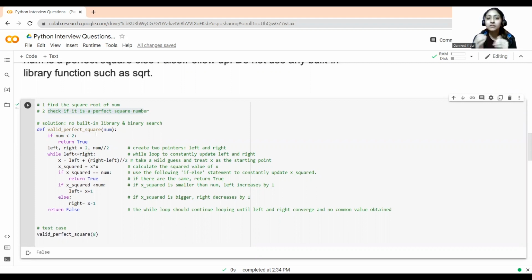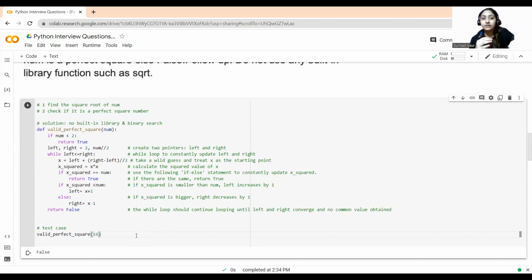If the number is less than 2, it will return true. But if it's greater than 2, for example 2, if we calculate the square of 2, two twos are 2 into 2, which is 4. So for example, I have a number 16 here. I'll write down 16. I want to calculate the square root of 16, so I will first see the leftmost value and then the rightmost value.